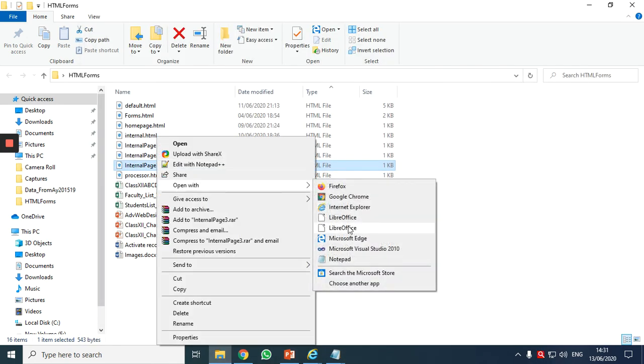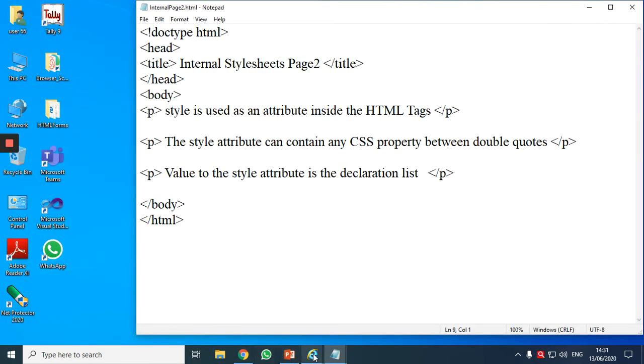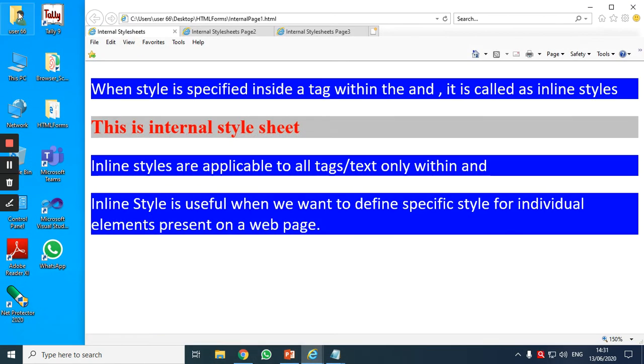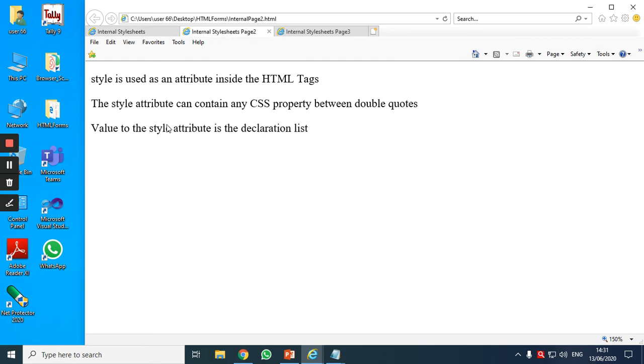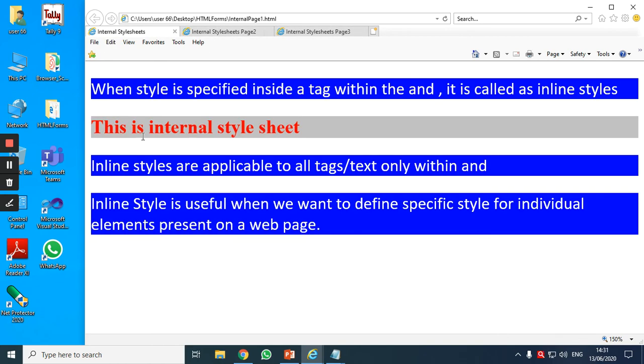Open with Internet Explorer. Now observe. This is my first web page, where I have applied internal CSS. This is the second page where I have not applied any CSS. Third page, not applied any CSS. Correct. I want all these 3 pages to have the same background color and same text style.